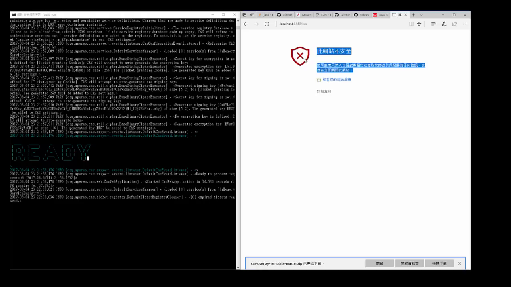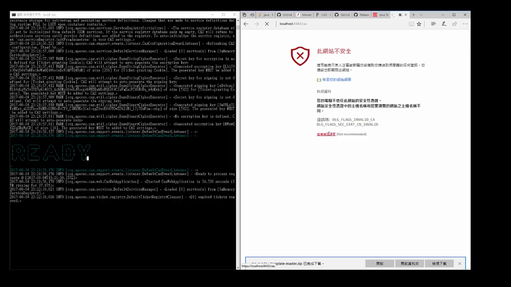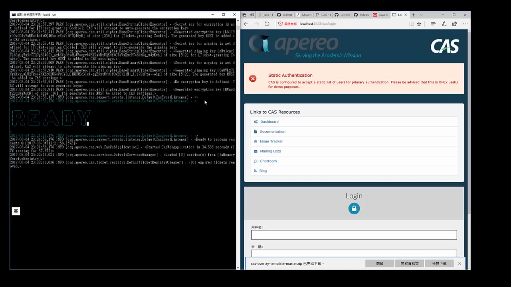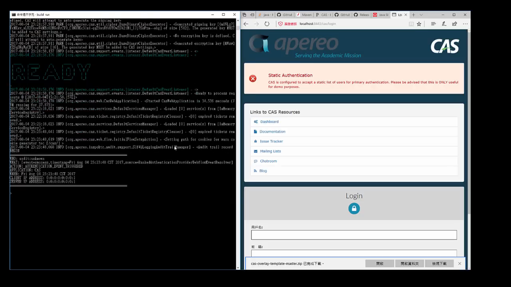Okay, sorry, this is Chinese, but this means the website is not safe. And I can say, yeah, just continue, go to the page, why not? This is my page, it won't be too unsafe. And after you go inside this page, you should see something. Yeah. One little tip here: if you don't see the update in here, if you do any action, you can just press enter and it will show. Yeah, just a little tip.